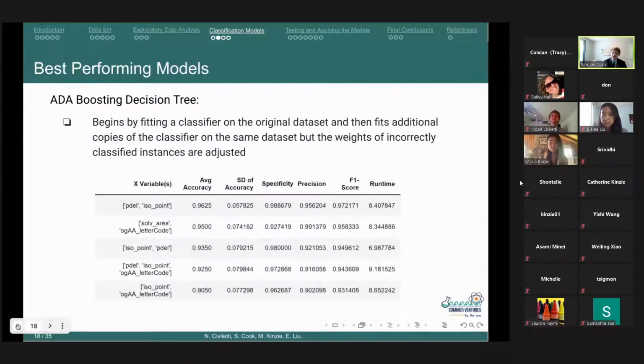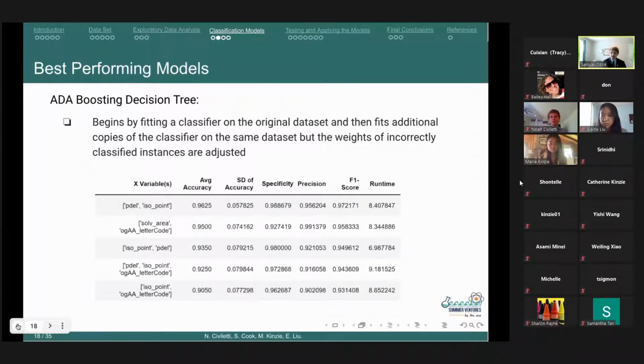Now, we tested out several different classifiers in order to figure out which would be best to use in our final machine learning model, and we're going to show you the best performing of these classifiers. The first one is AdaBoosting, or adaptive boosting decision tree model. It's a decision tree model, which means it works by dividing the prediction space into smaller and smaller areas. This can be pictured as a tree with branches growing outwards, which is why it's called a decision tree model.